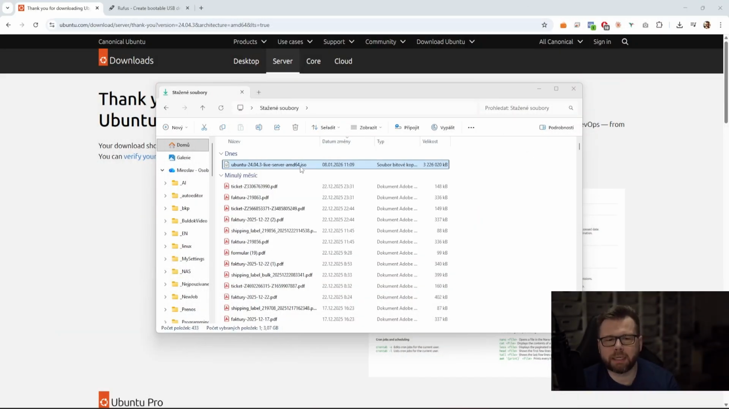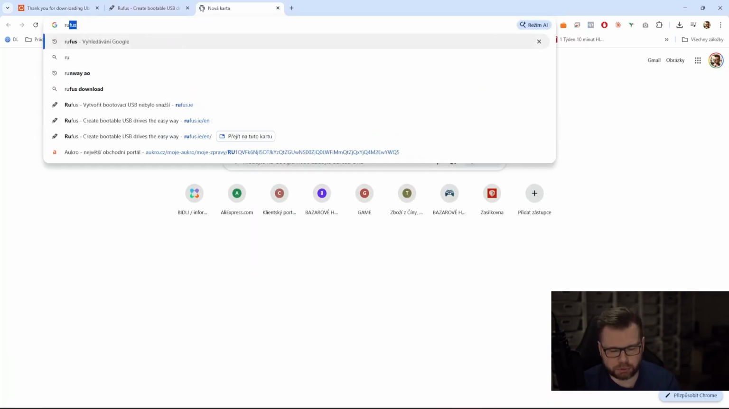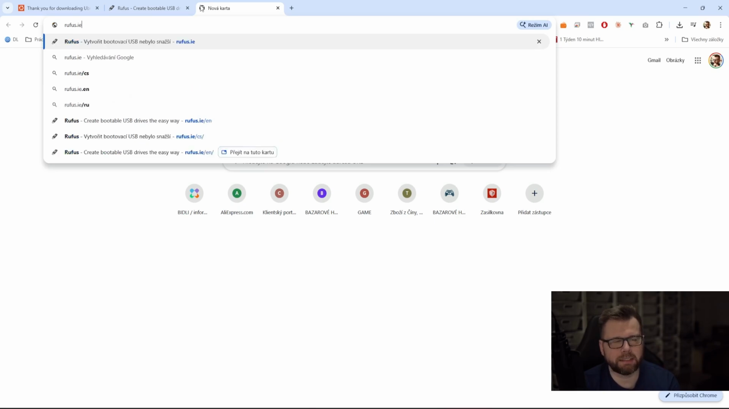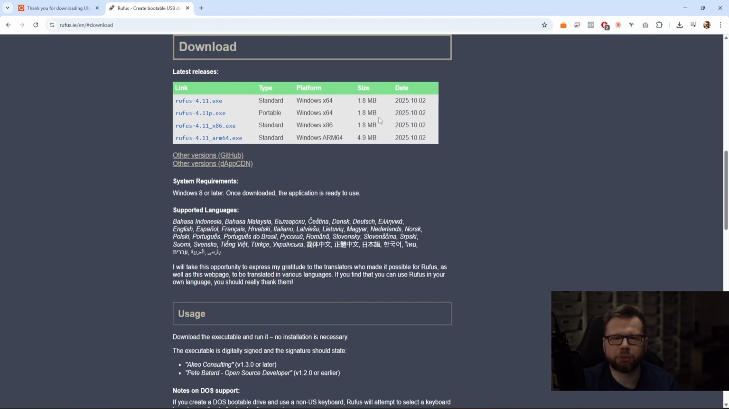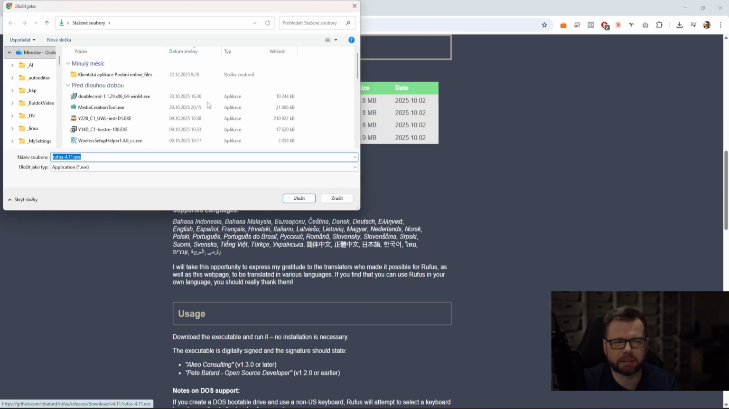Okay, so now we have the ISO file downloaded, and now we need to put it on the USB flash drive. You just cannot copy it and paste it to the flash drive. You need special software to make the drive bootable. I will show you how to do it. It's pretty easy, and you have to have at least an 8 gigabyte flash drive. So go to rufus.ie. Here click on download and choose the proper version, which mostly will probably be something like this, the first one,